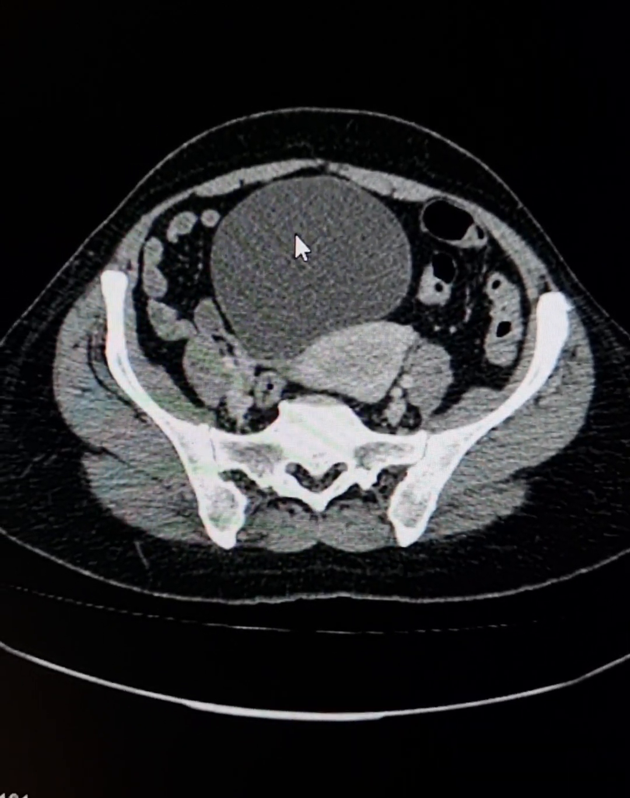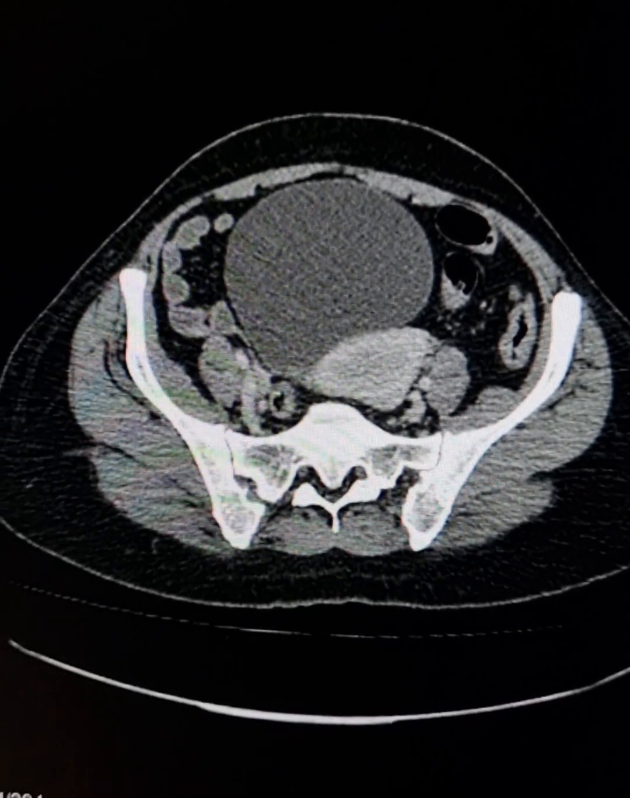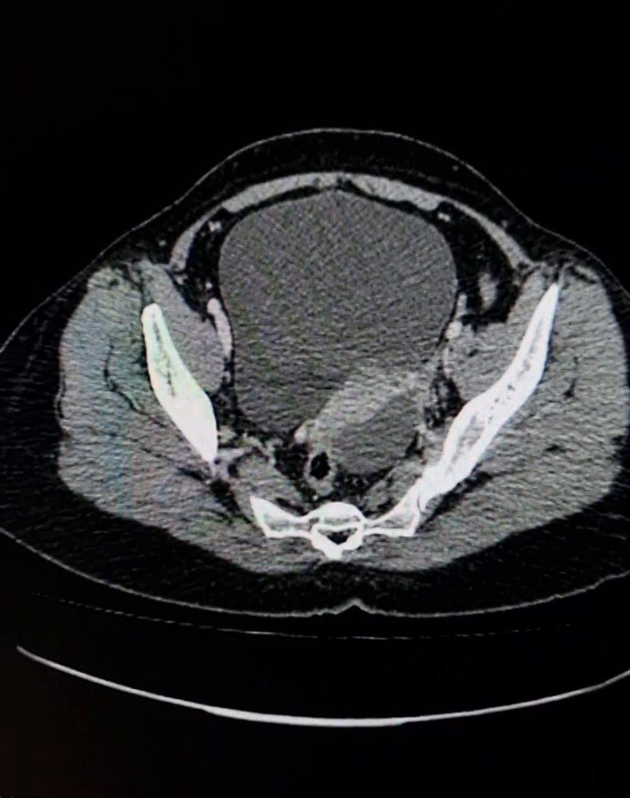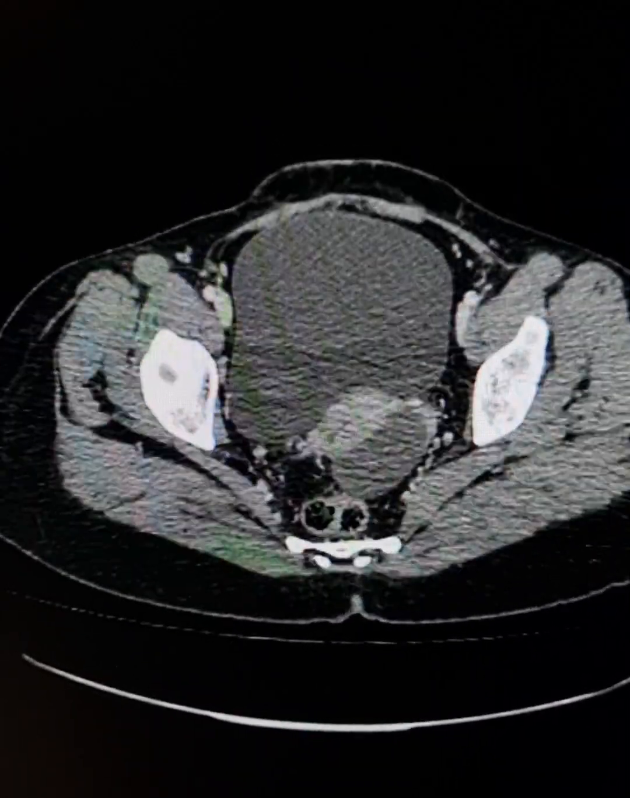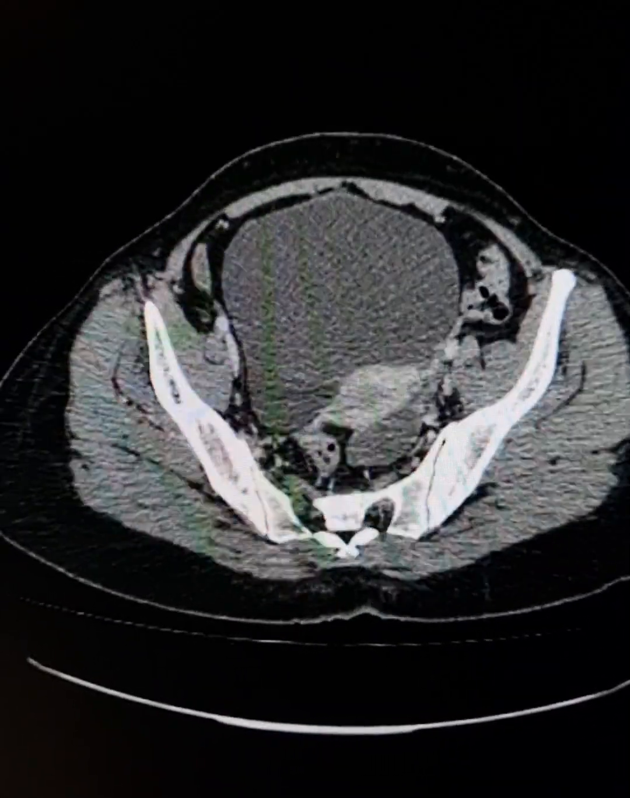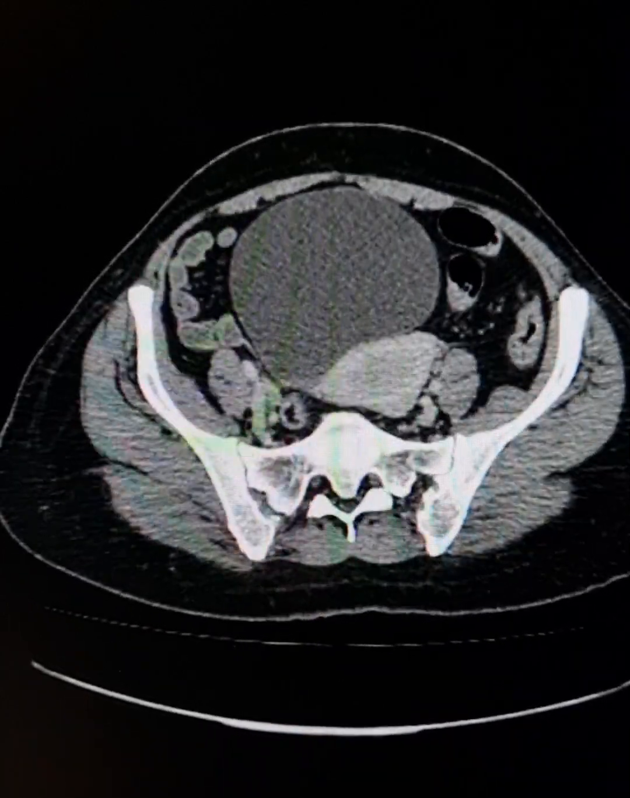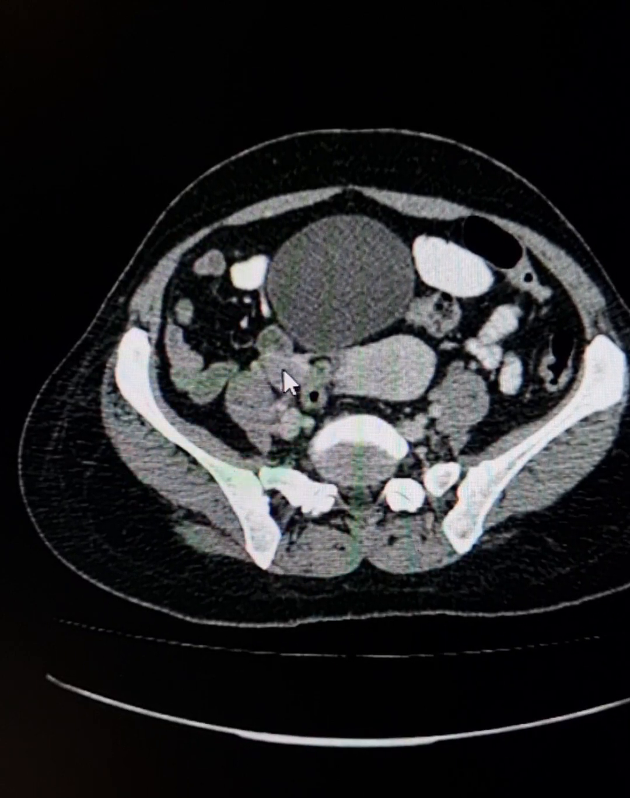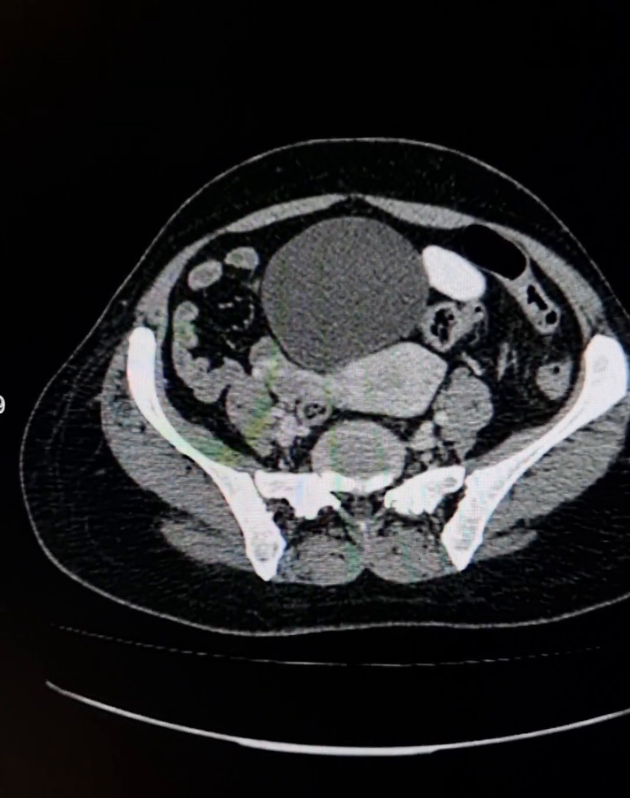This is the urinary bladder. This is the uterus. This is the right ovary here. Now there is a cyst in the left ovary